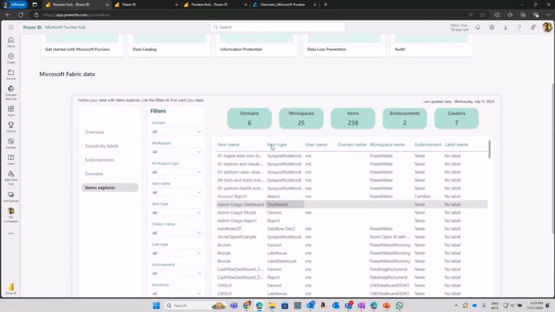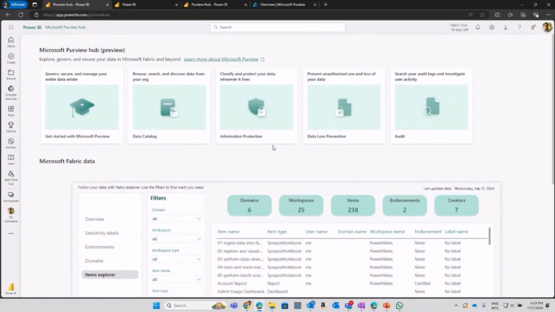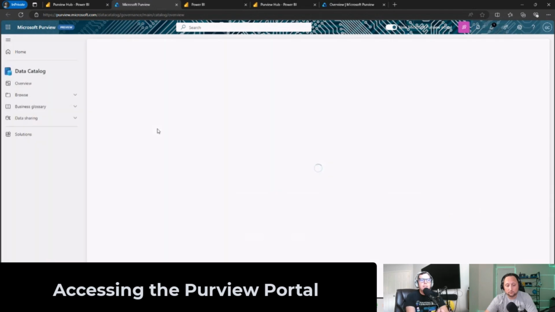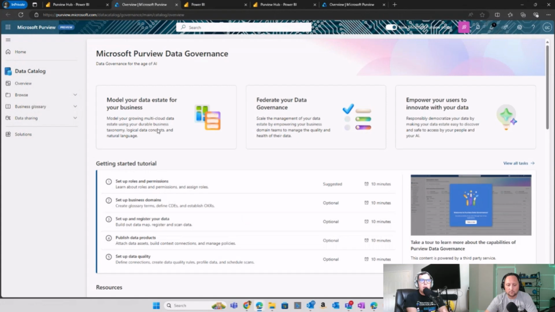But let's go over on what else we can do in terms of linking Fabric with Purview. Let's click on this icon over here, that is the data catalog icon. Once you click on this one, it's going to be opening a whole new portal, and this is the Purview portal. So remember that in this scenario, we are talking about a totally different service. This is the Purview service and how you can connect Purview from a data governance perspective with